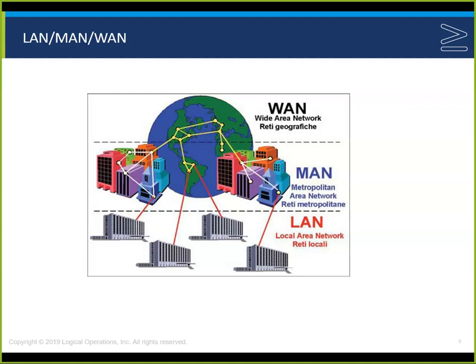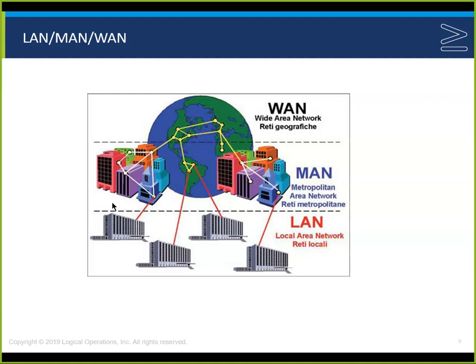And the difference between it is going to be the media, obviously, and the way that we put the signal on the wire. And the way we put the signal on the wire is going to be the layer 2 protocol that dictates that. The metropolitan area network kind of falls in the middle there. And the images here should show that